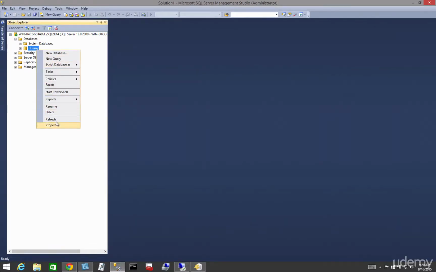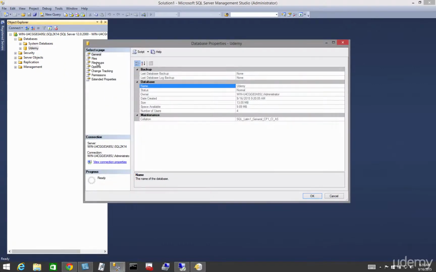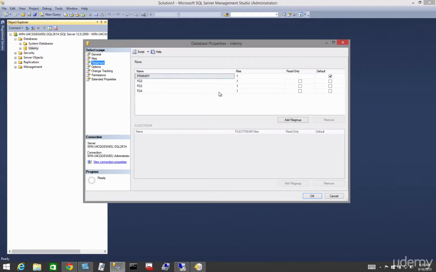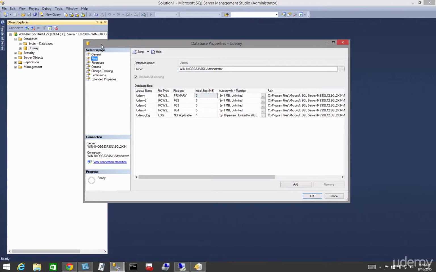Let's take a look at our database and we'll look at the file groups, and we can see that we have one primary file group. Right? It's the default. You must have a default. And we have 3 other file groups to house our other data files. And here you can see in our file groups, we've placed one file. Up here to files, these are the files of Udemy database. And you can see